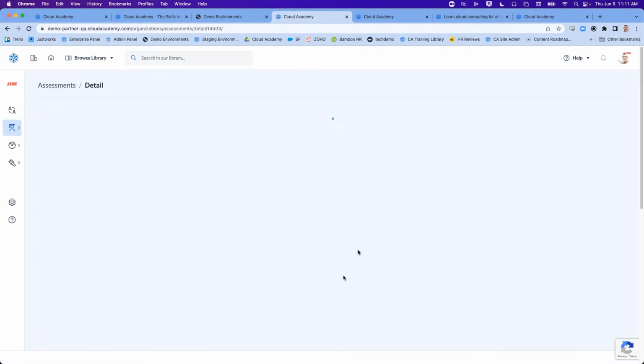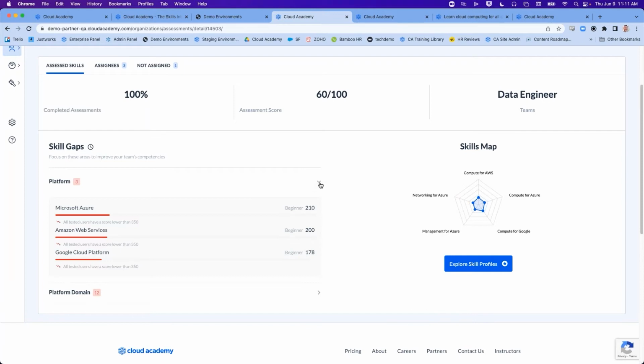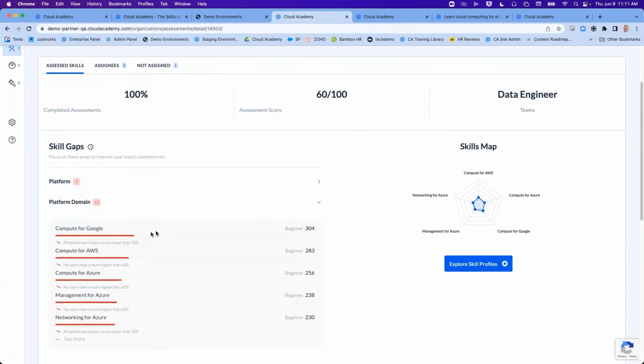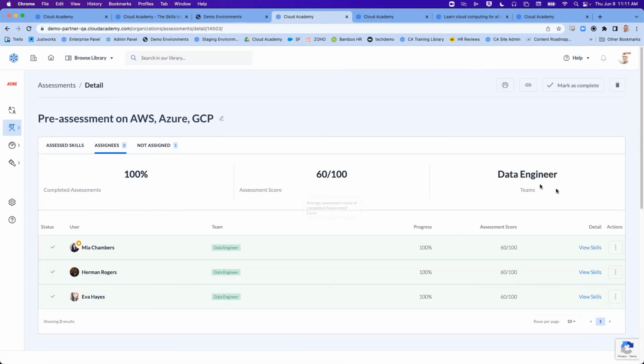What this leads to is an incredible skill gap analysis. So even if you're taking a multi-cloud vendor approach, you can see which platforms you may need to focus on first, but more importantly, perhaps which platform domains need your attention immediately. As a side note, we are also the only ones that provide the individual user assessment score. So for any L&D folks on the call, this is really focused on helping you put the right level of content in front of the right user. Nobody wants to be bored with the content that is put in front of them, so let's make sure that we're keeping them engaged.